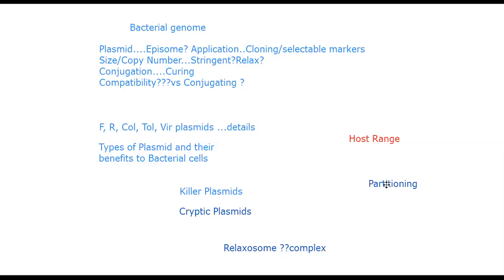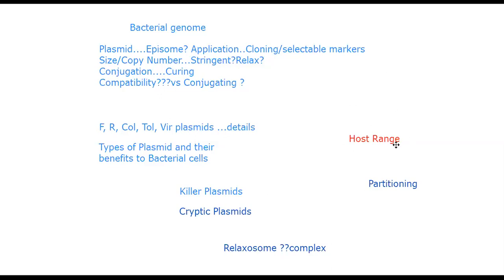A plasmid that confers no identified function or phenotypic property to that particular bacterial cell or organism is known as a cryptic plasmid. There are certain types of complexes, for example, called the relaxosome, that form when these plasmids are transferred from one bacterial cell into another, from donor to recipient. We will discuss them under conjugative and non-conjugative plasmids. The conjugative plasmids are those which can transfer from one bacterial cell into another bacterial cell.